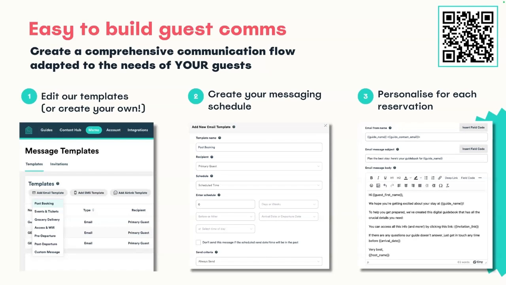So you choose your sending schedule. You choose who you want to send it to, whether that's the primary guest or someone else. You can manually add, and then you choose the timing. So you choose how many weeks or days or hours before or after the booking window that you want to send a message. You can also hack this a little bit to choose the specific time you want to send messages to. So you can be really precise if you want to send messages 1 hour before arrival, 2 or